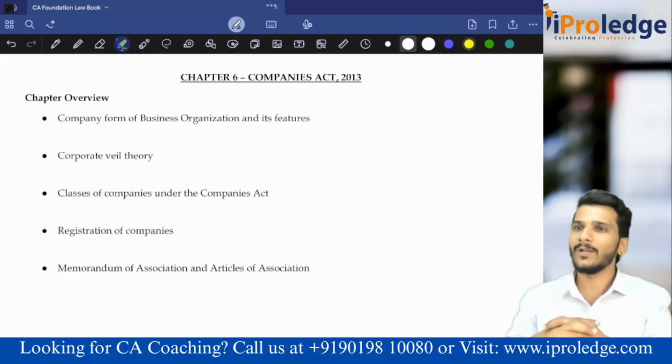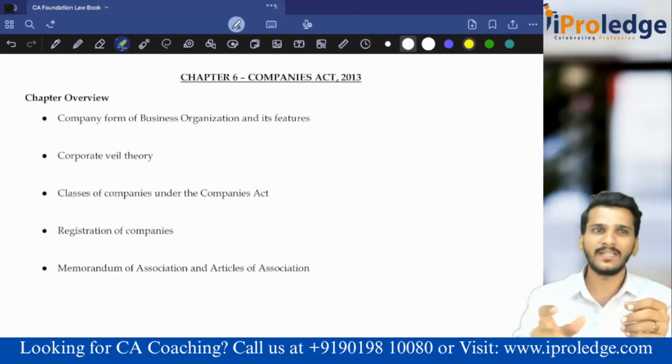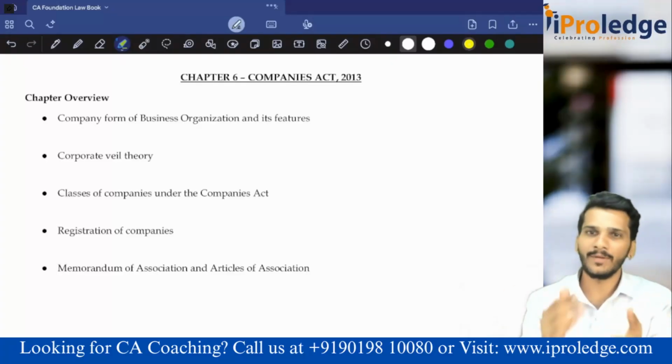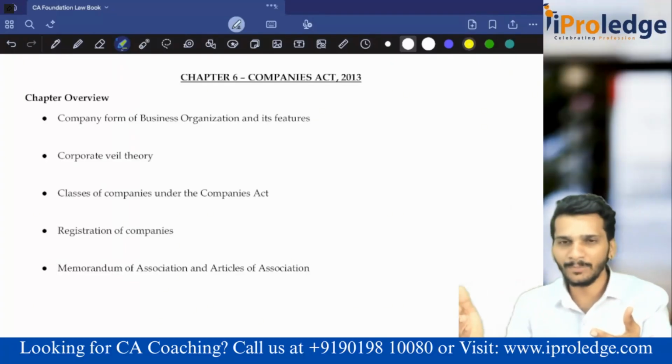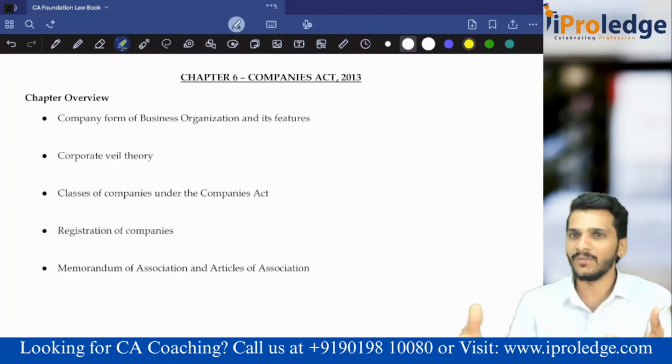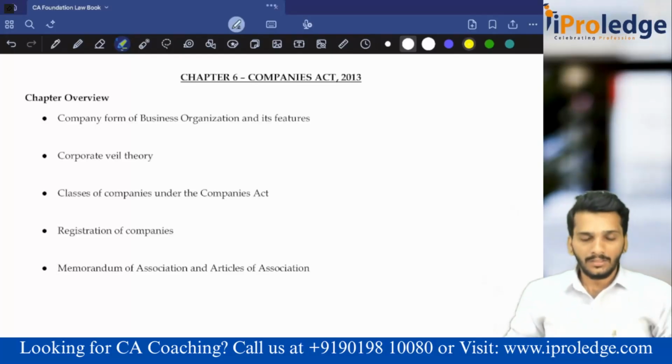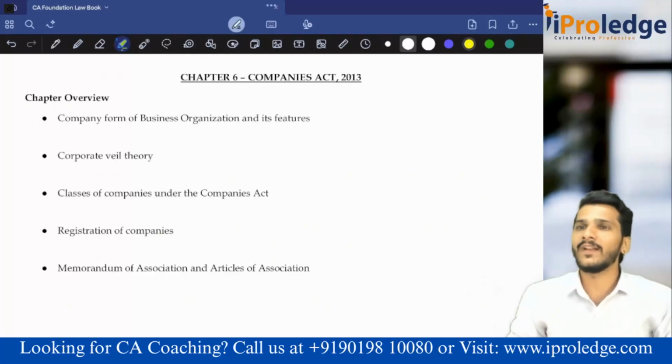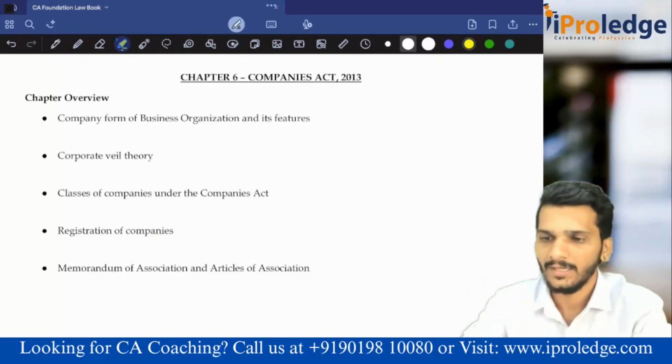Now, just by looking at this definition, company means a company which is incorporated under Companies Act 2013 or any other previous company law, we don't understand how the company operates, what the activities of the company are, and what are not. That is why there is a concept called features of company. What are the features of company? Before that, the company definition is given under section 2 bracket 20, section 2(20). That is important. As per section 2(20) of Companies Act 2013, company means a company which is incorporated under this Act or any other previous company law. That has to be remembered.